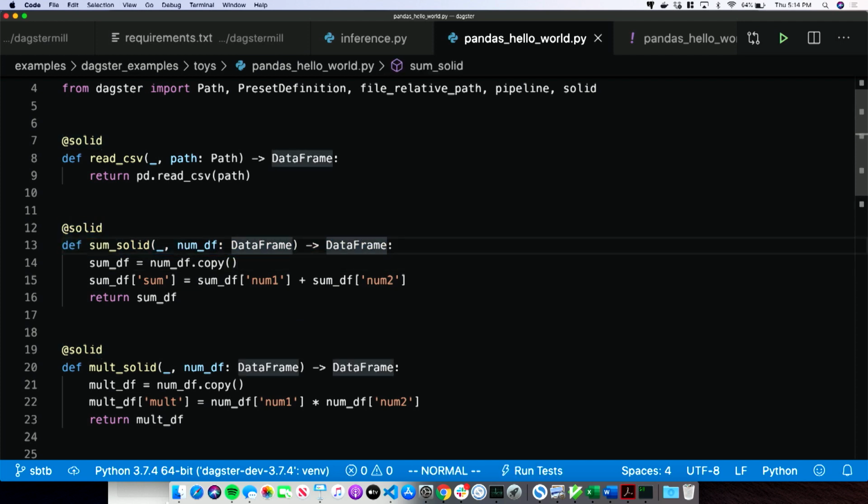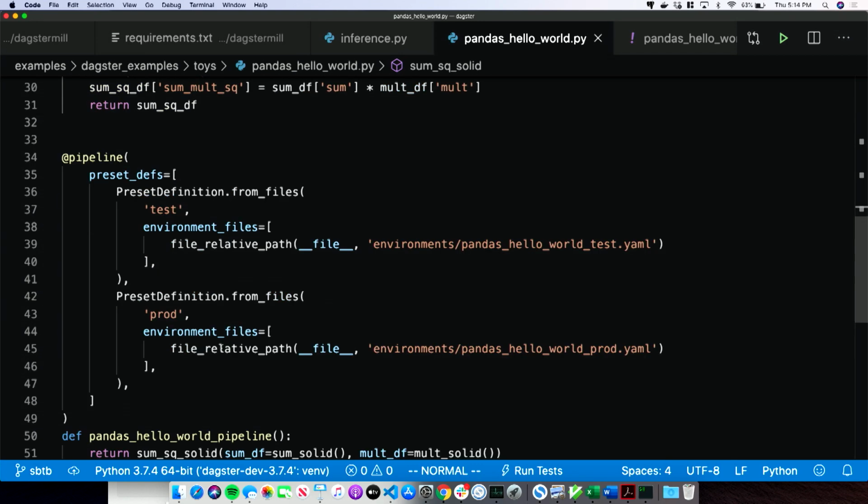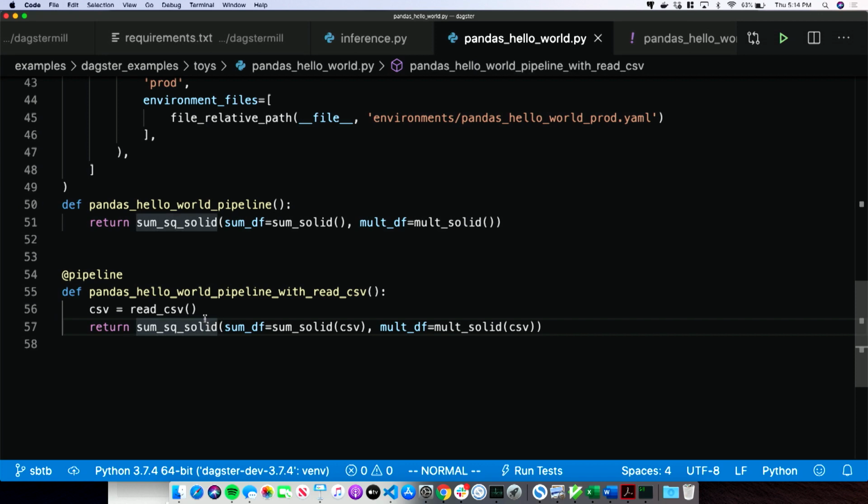We're doing some math. Each solid, as we call it, is the unit of compute in the system. If you look at a graph, every single node is called a solid. Each one of these things is just a function that declares its inputs and declares its outputs. We have our own type system, and we'll explain why we need that. Then it's just doing computation, stringing together, and in the end we combine two things. All of this is strung together using this pipeline syntax.